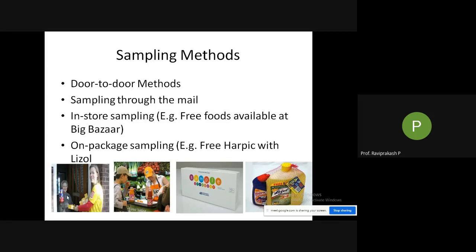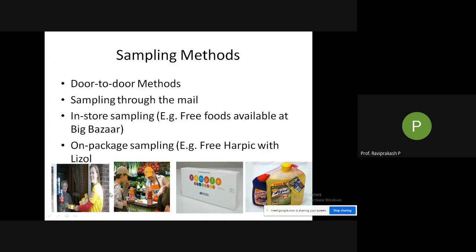They are giving the products. Even I have seen people coming with Tide sachets 5, 6 years or even 10 years back when Tide was launched. Sales people used to come with small sachets and give them door to door for free. They used to say, okay sir or madam, whoever came, male or female, this is a new product in the market. You could have seen some advertisements on TV. So we are coming here to give you free samples. You can use it, and if you like it, you can buy it. So they used to just give it and go away. So this is the door-to-door method.